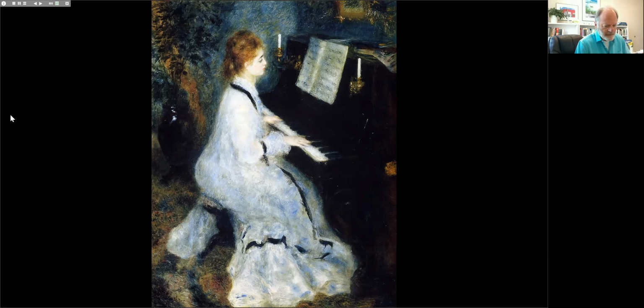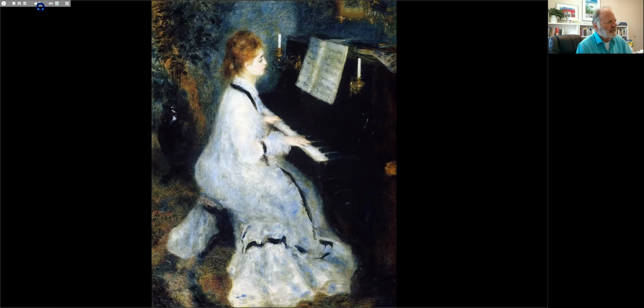And there is, as I commented earlier, a kind of implied metaphor between their attractive figures and the pleasure that that gives to the viewer, and the music that they play, the aural pleasure that that would give to the viewer. Here in this view, notice that the trim on her garment is treated as a kind of calligraphic line that appears and disappears, and then is especially animated in its path across the bottom of her dress.